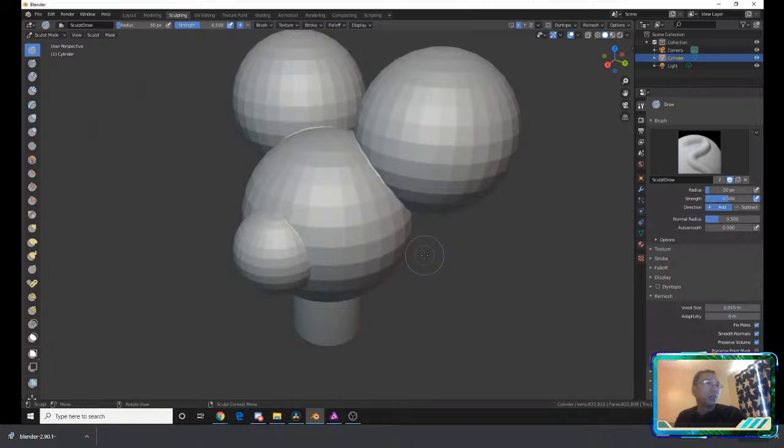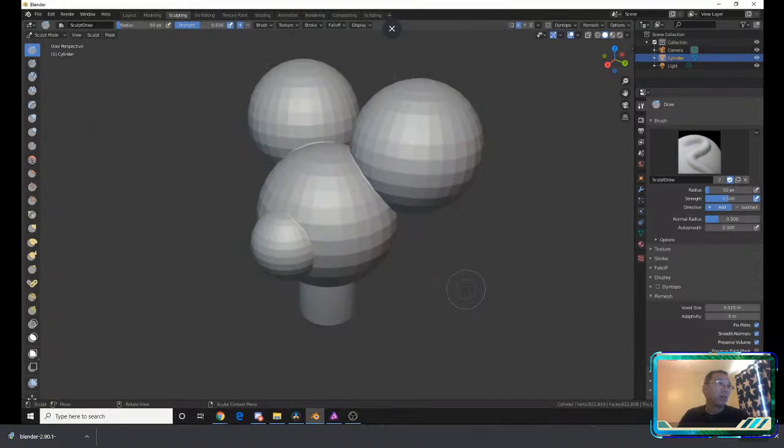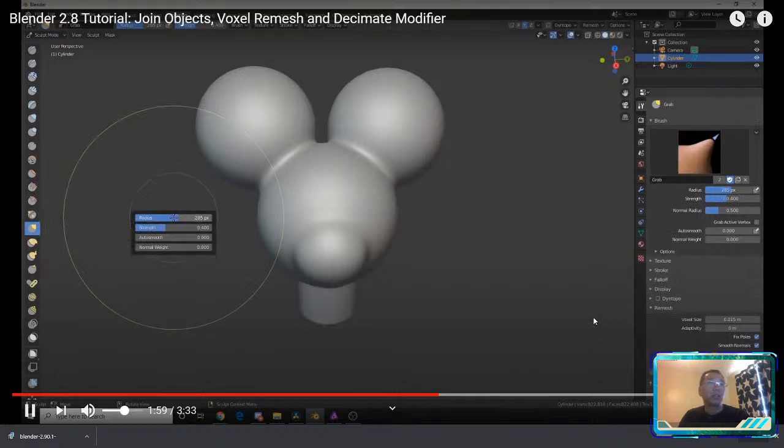So we get some. Oh, I can see it worked right there in the border edges. Now we can work, right? So right there, you can tell it's worked. A little bit of smoothing on the